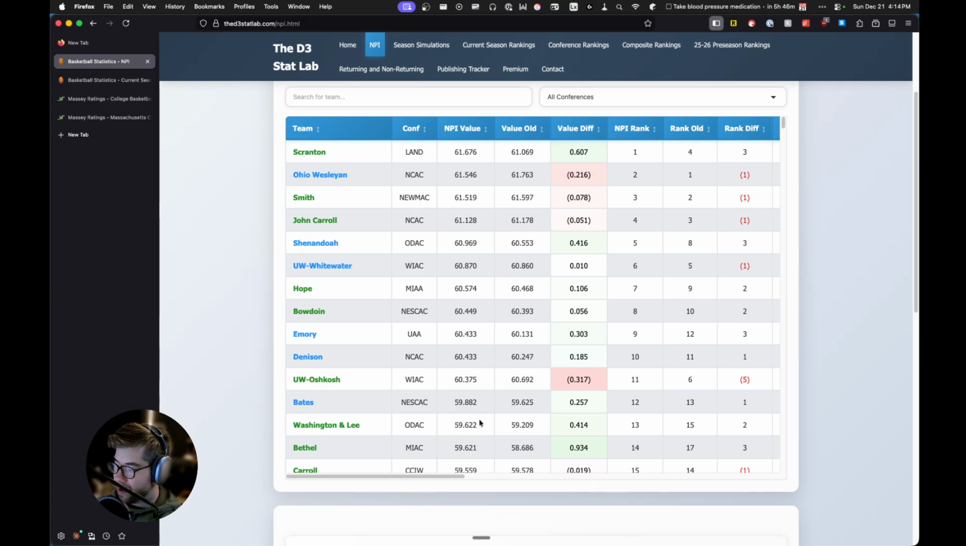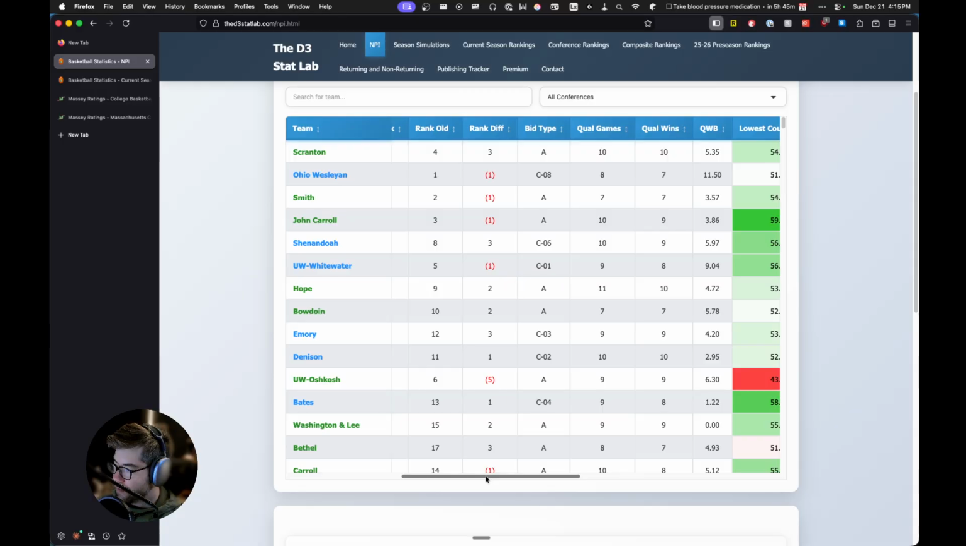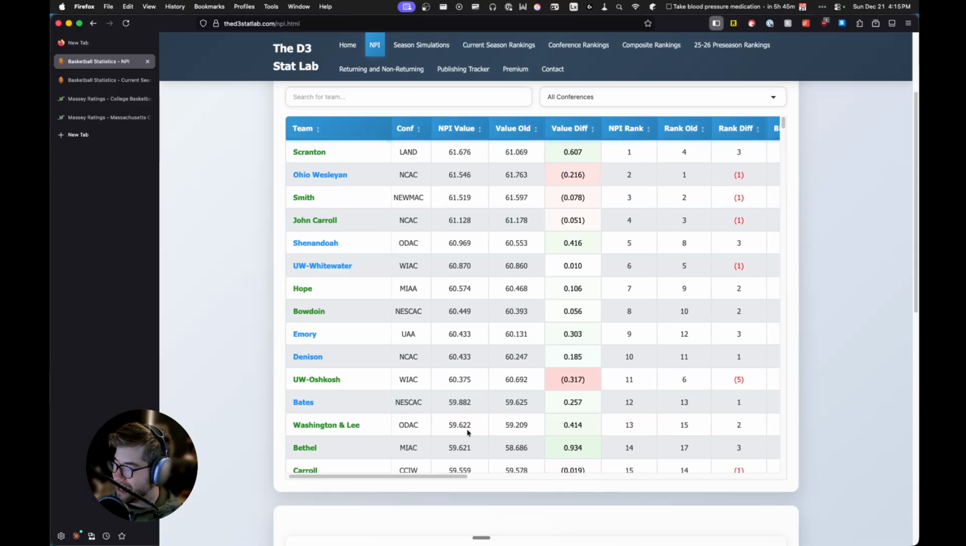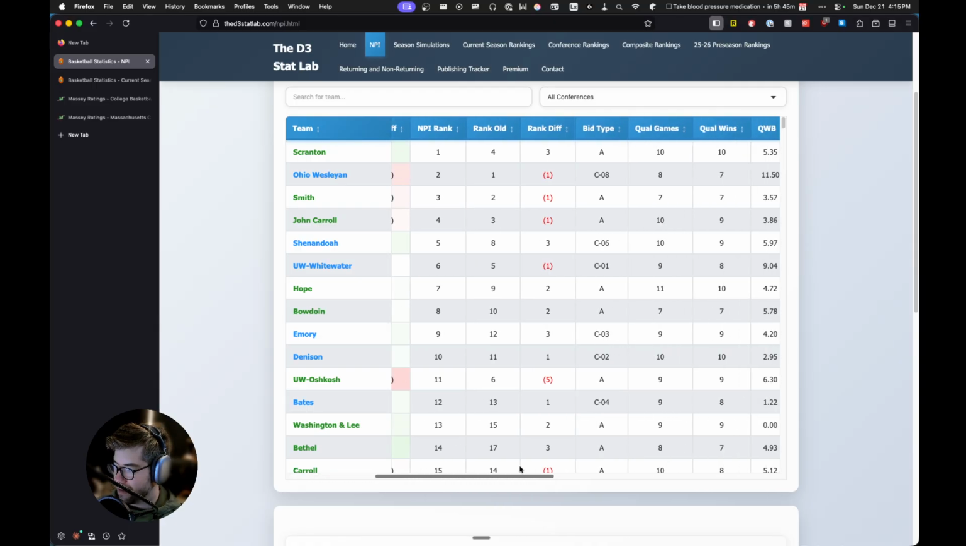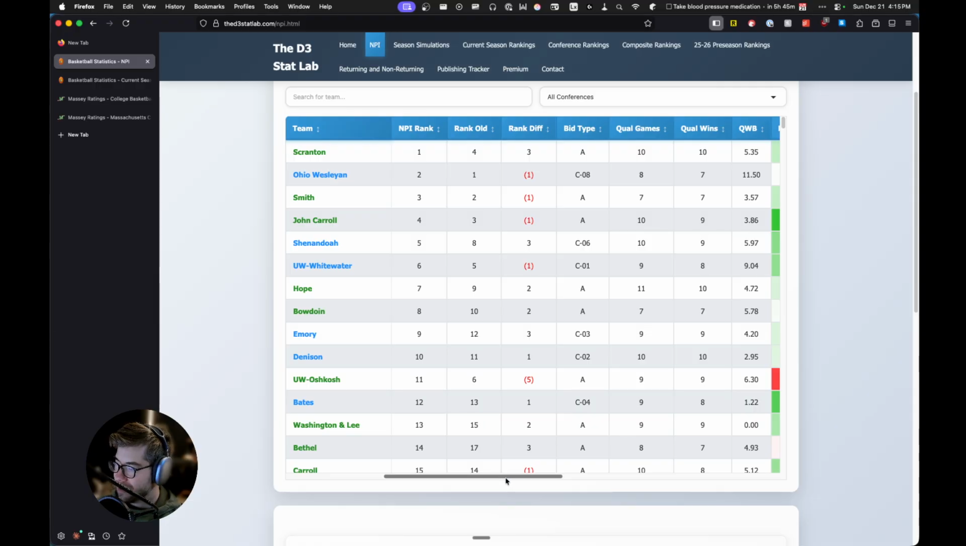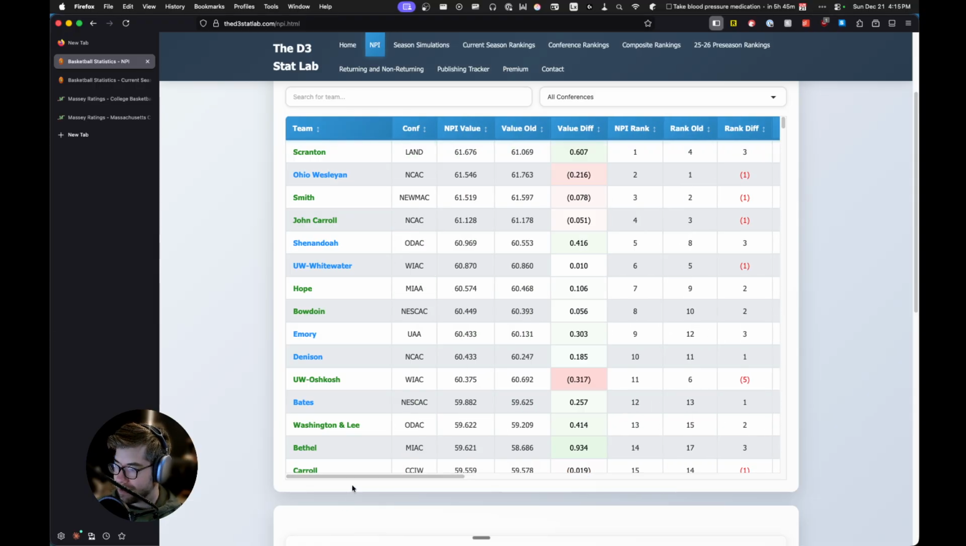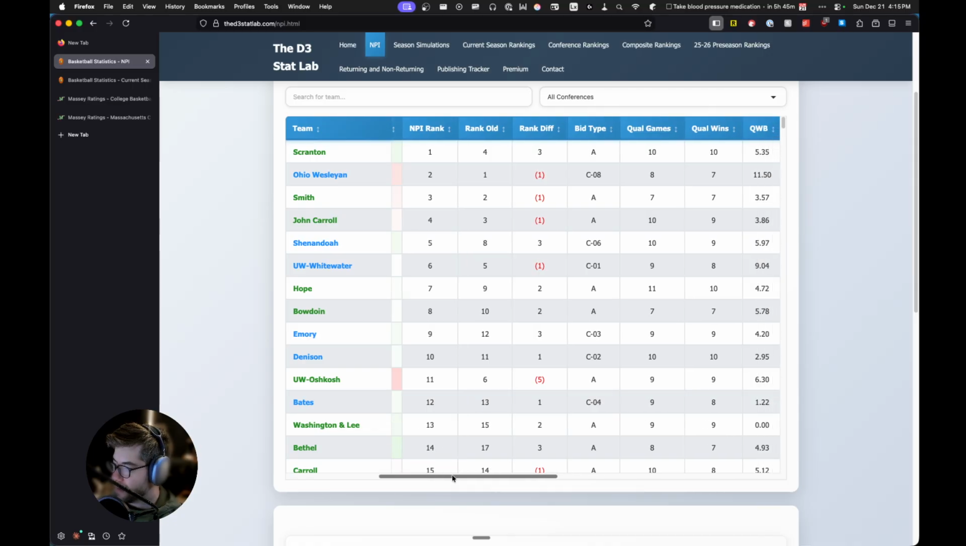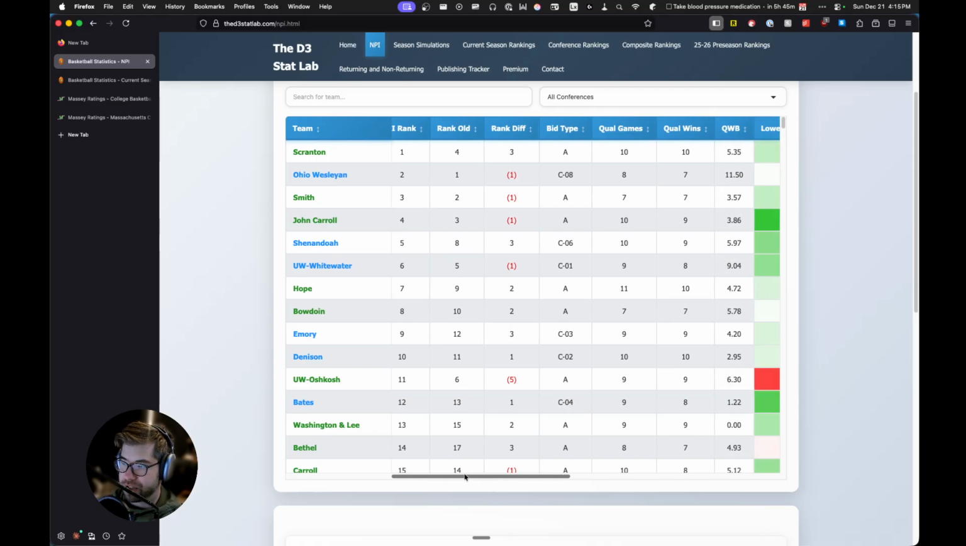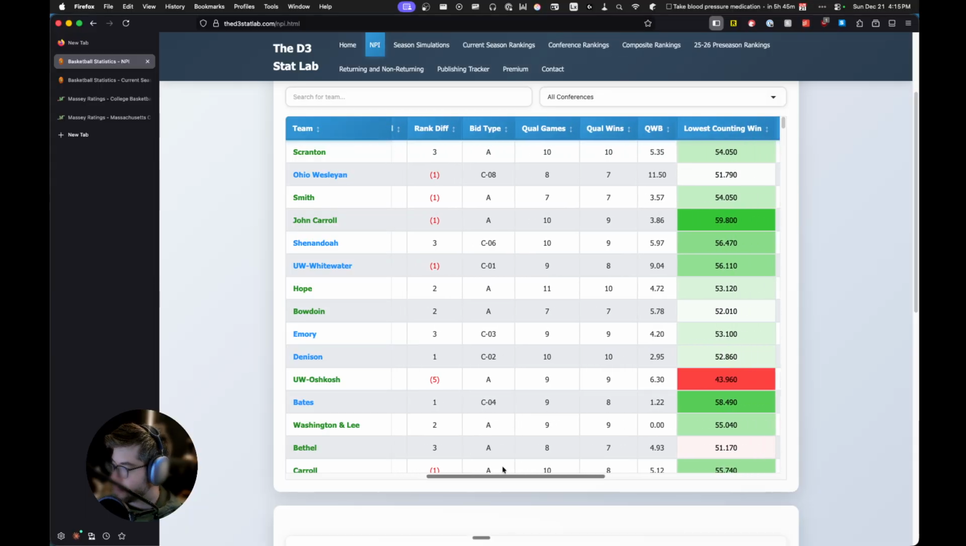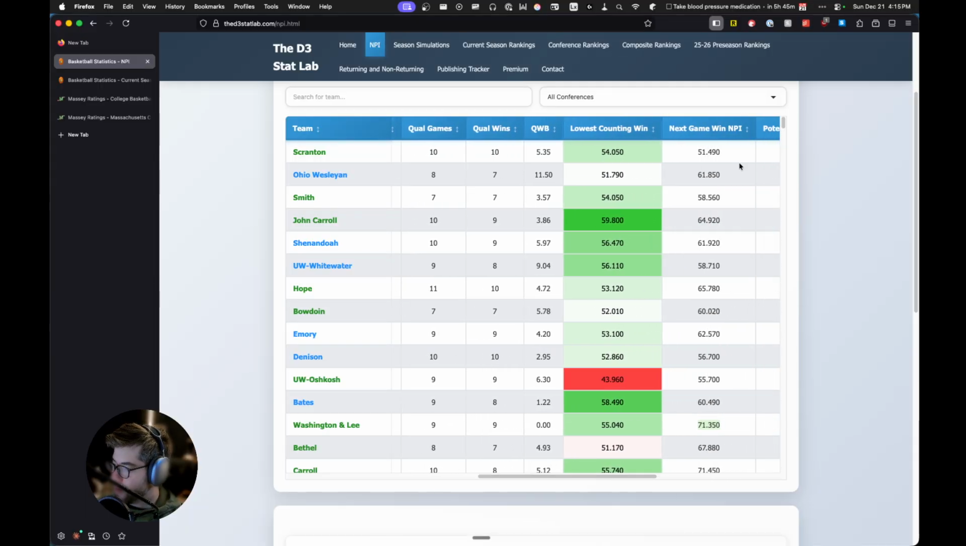So 71, they've played 9 games. So 9 times 59.622 plus that 71.3 divided by their new divisor of 10 will be Washington and Lee's next NPI value, along with some minor changes from shifts across the country. So next game win NPI